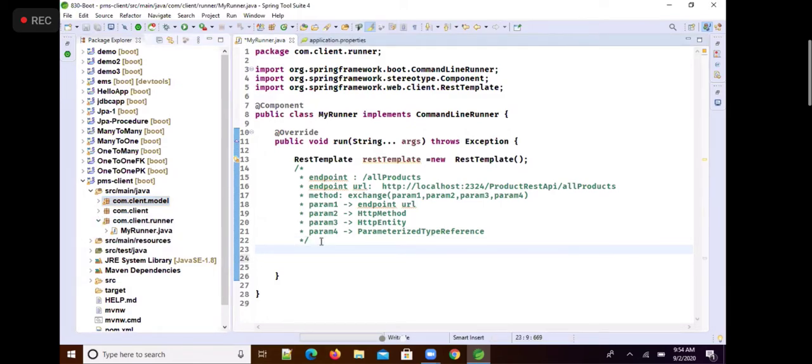And here what I'm going to do is, see, first I want to create a parameterized type reference object. Actually this is an abstract class, so directly we can't create an object. We are creating an object for its inline subclass. So we can create an anonymous inline subclass like this.